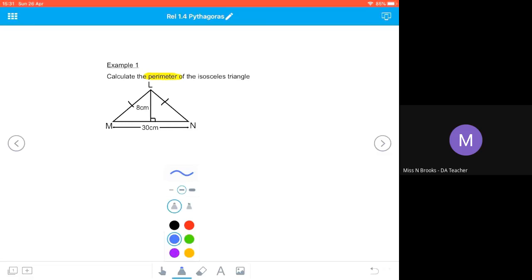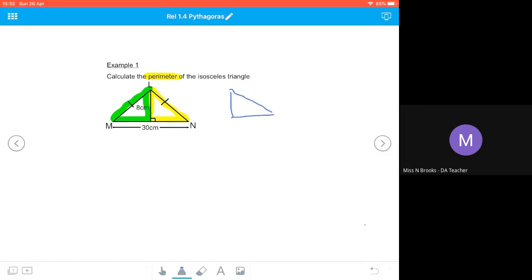So we now need to work out what those sides LN and ML are going to be of our isosceles triangle so that we can add them onto the 30 centimeters. Now, we can only use Pythagoras if we've got a right-angled triangle. And you can see I have a right-angled triangle here, and I've also got an identical right-angled triangle on the other side. So my isosceles triangle, if I put in the line of symmetry, gives me two identical right-angled triangles. So I can draw myself a sketch of a right-angled triangle,